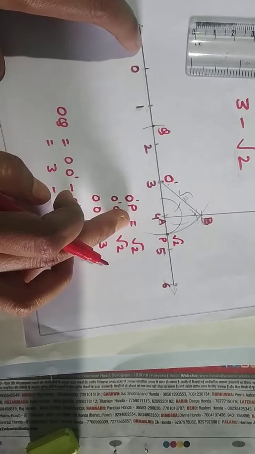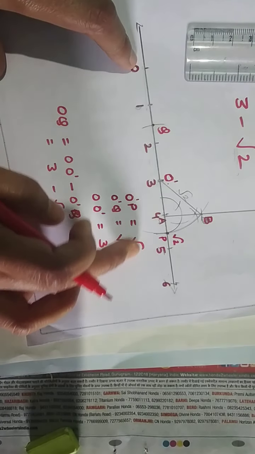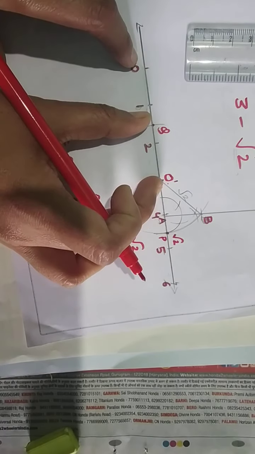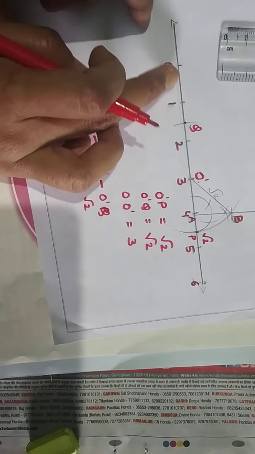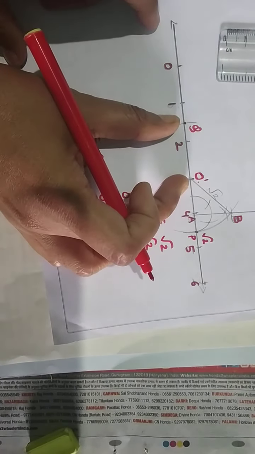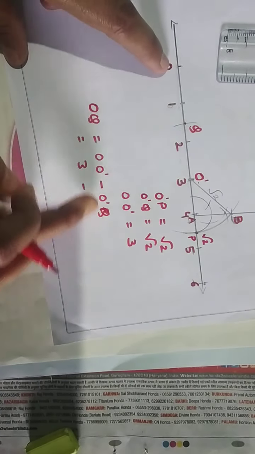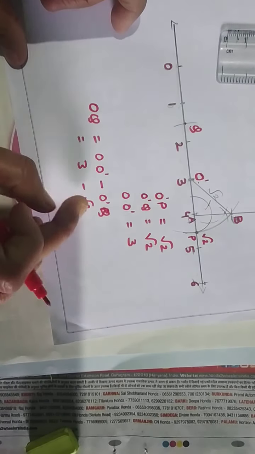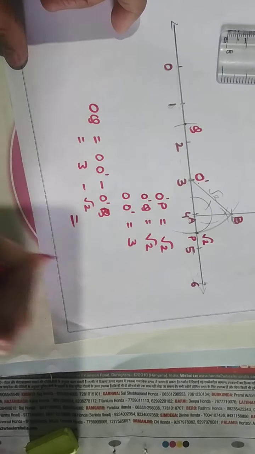So O dash P, we have taken this point as O dash, okay, and this is O. So O dash P is equal to under root 2, O dash Q is equal to under root 2, because this one and this one is the same distance, and O to O dash is 3. So suppose you have to find this. So OQ will be equal to what? O to O dash minus O dash Q. That will be equal to OQ. Understood? No? OQ is equal to what? O to O dash minus O dash Q. And O to O dash we know that is 3, and O dash Q is equal to under root 2. So 3 minus under root 2.